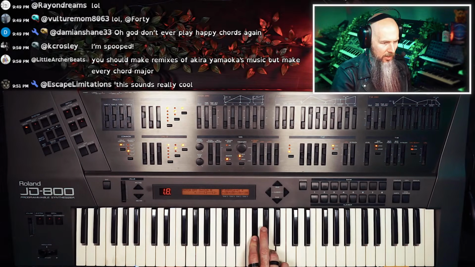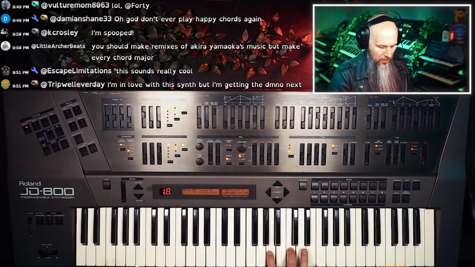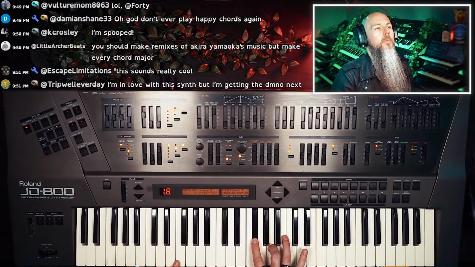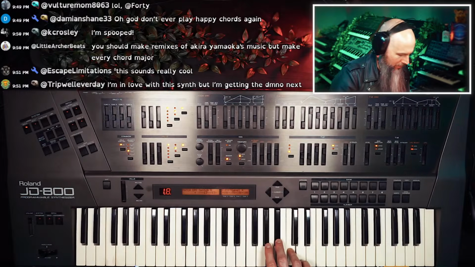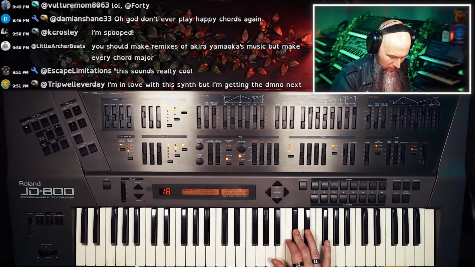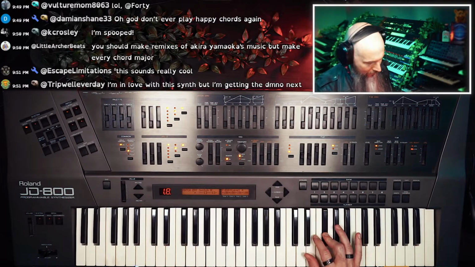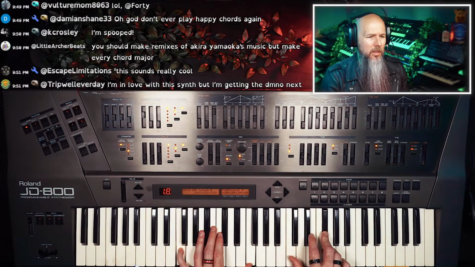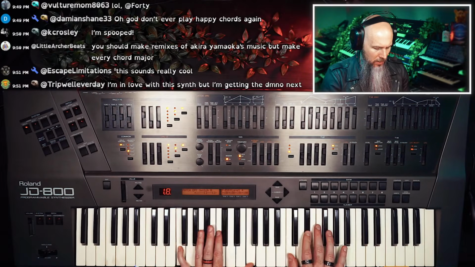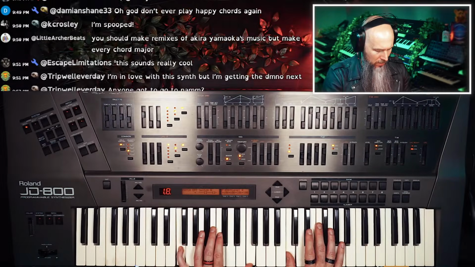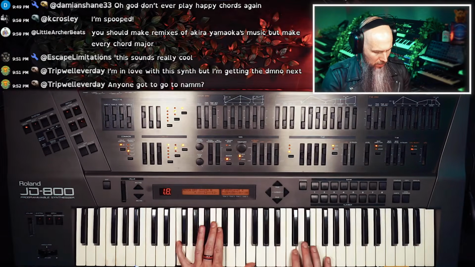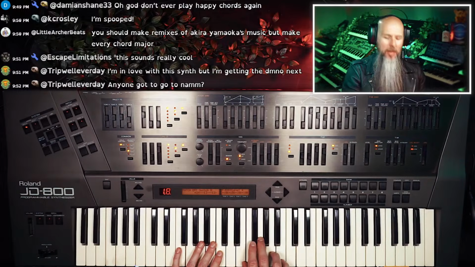So I like. Chord structure we want to have here. One chord there, but